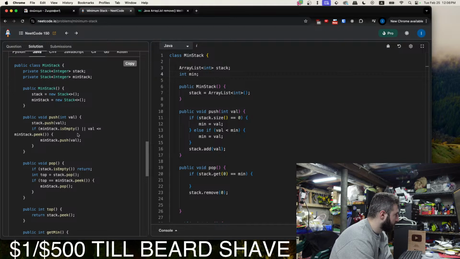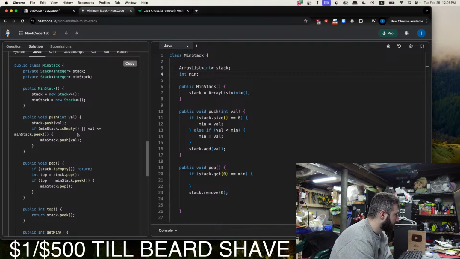Okay. So the first element, say the first element is 5. There's nothing in there, so we just put it in. Boom.